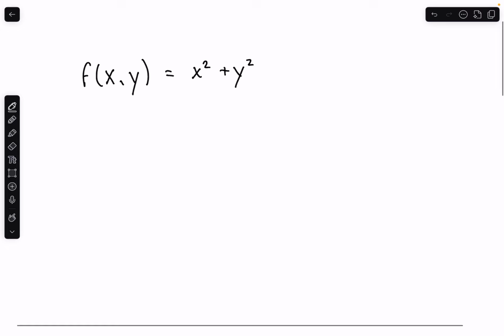Alright, today we're going to be talking about partial derivatives. So what does that mean? Say we have some function that takes x and y as an input, for example x squared plus y squared, and we want to know how much it changes when x changes, but not necessarily anything about y. We can take the partial derivative with respect to x, and that'll tell us how much the function changes when